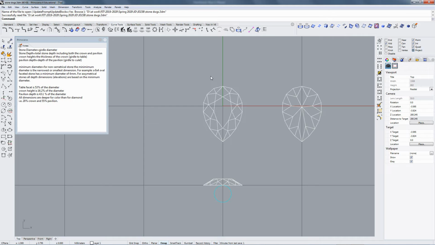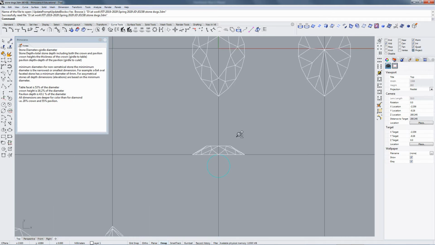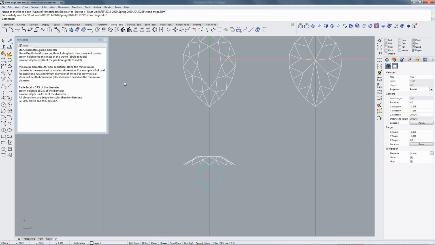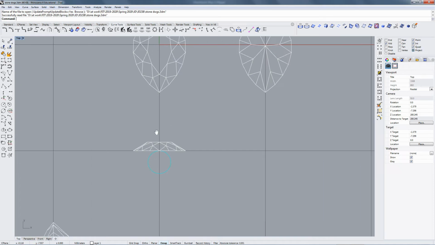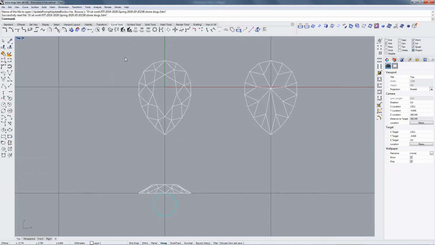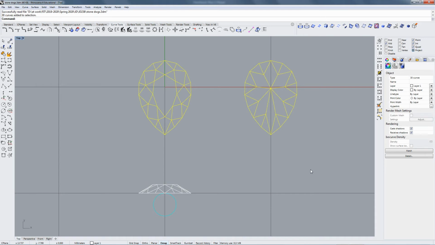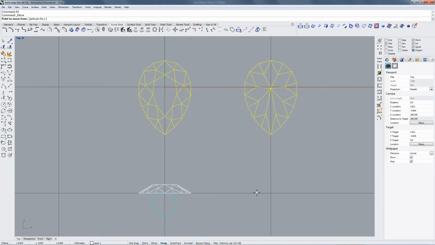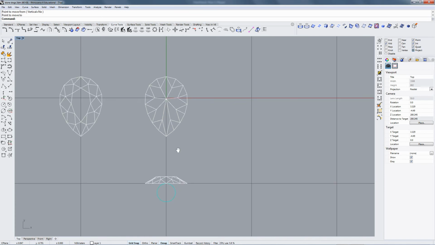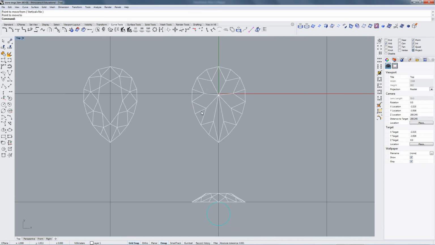Continuing the video I had going for drafting faceted stones, I'm going to go ahead and finish up this pear shape that I had begun in the previous video. I'm going to want to move the bottom view so that it is located appropriately. And once again, as we did in the top view, I don't have